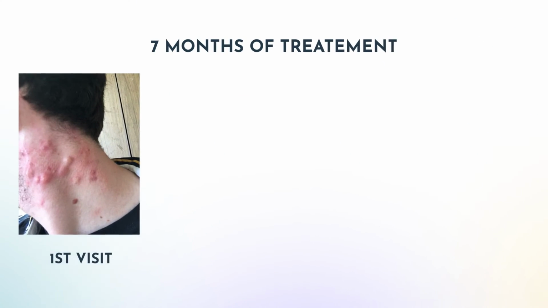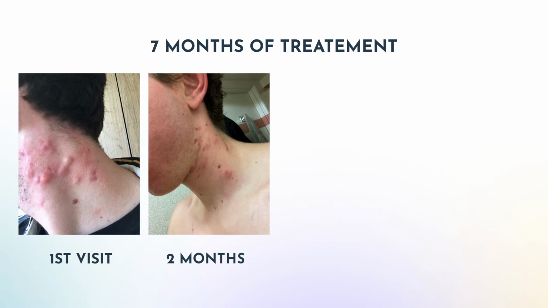So this was David at the first visit. Then after 2 months of treatment, we can see significant improvement. And this is usually exactly what I see. And it's not that it's completely disappeared. We can still see the erythema. We still see a pustule here. There's still things happening on the skin, but it's a whole different ballgame. We can see that there's no more raised nodules and all that cystic acne is gone. Everything is flat. And so these kind of reddish scabs, this is where I always want to see it going, because this means we're getting away from that super inflammatory phase and it's actually starting to heal.